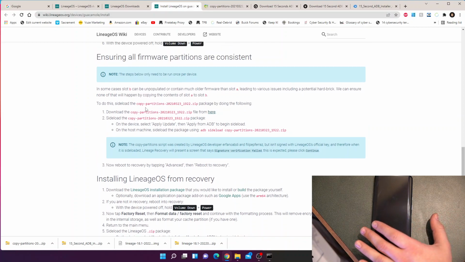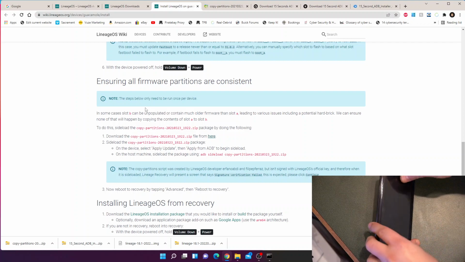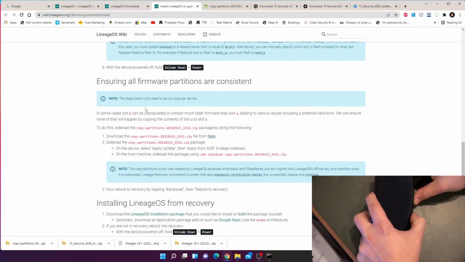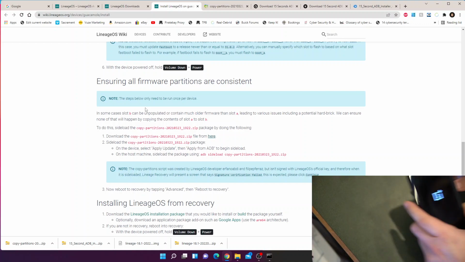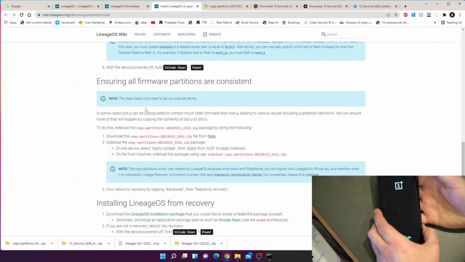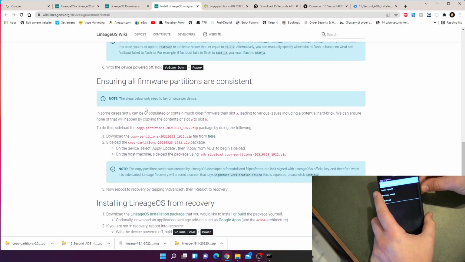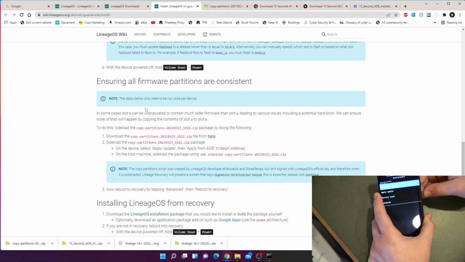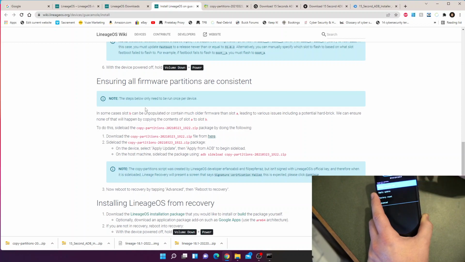Okay, so. Oh yeah, I forgot. We also need to get into the recovery. So we're going to hold down volume down, power on. Oh, I did that wrong. I did it the reverse. Okay, I don't know why that worked. I think it's okay. Technically, what you're supposed to do is hold volume down and power, and then when you feel that little vibrate, when it starts to turn on, you let go of power and keep holding volume down. That was just lucky. But yeah, just follow the directions. Hold volume down and power. When you see it start booting up, just release power, and it will take you into the recovery